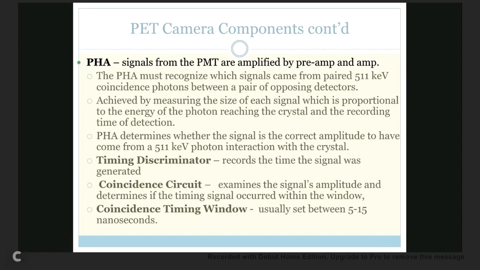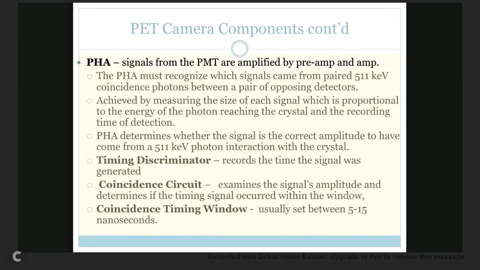It's achieved by measuring the size of each signal, which is proportional to the energy of the photon reaching the crystal, and recording the time of the detection. The pulse height analyzer determines whether the signal is the correct amplitude to have come from the 511 keV photon's interaction with the crystal. Okay, so basically,